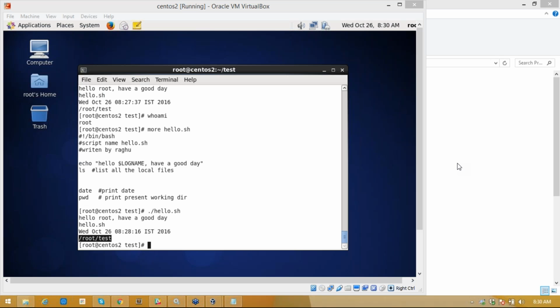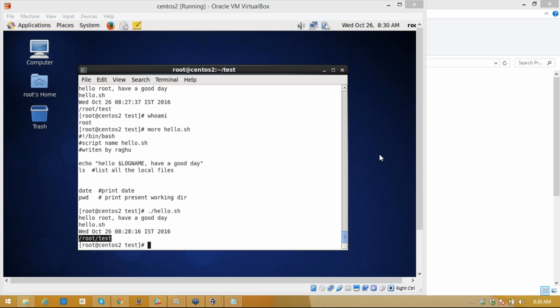When I'm running sh hello.sh, it's printing the output I am expecting.